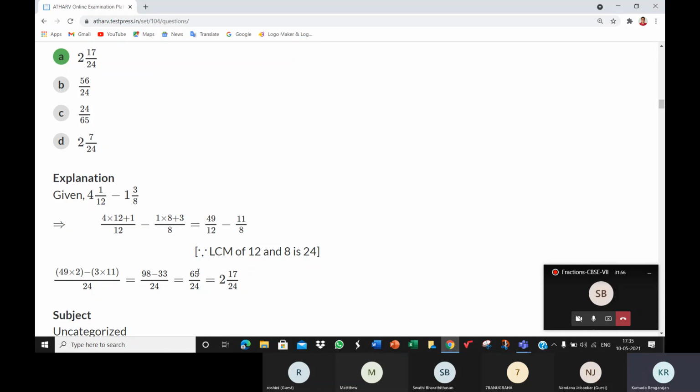So when to reduce? Only in the final step. The final answer here is 65 by 24. Here you should ask yourself: will 65 and 24 happen in the same table? 2, 3, 5, 7, 11. The answer is no, because 65 happens in the table of 5, but not 24. 24 comes in the 2 and 3 tables, but not 65. So both of them don't come in the same multiplication table, which means you cannot simplify them further. Then, if they cannot be simplified, put it as a mixed fraction because it is an improper fraction.